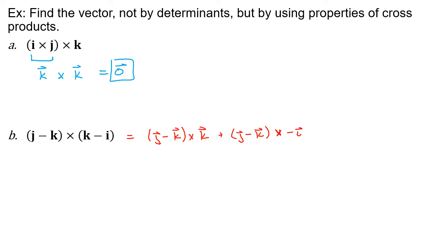And so then we can use that property again going the other way. I could then say this is the same thing as j cross k, distributing, minus k cross k